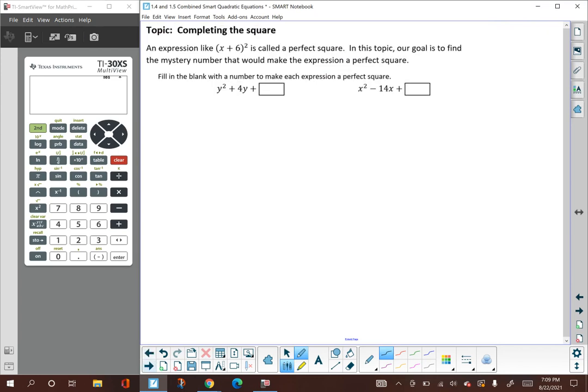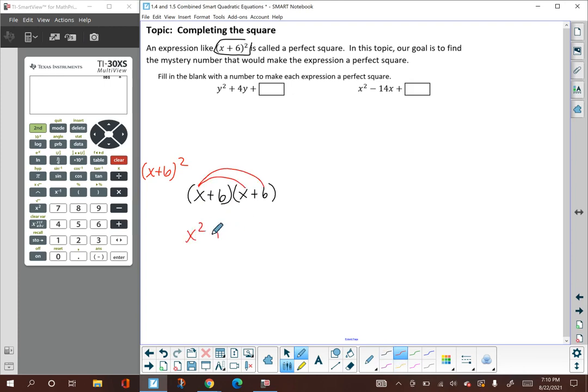Our next topic is something called completing the square, and it's more like a little number game than anything else. So a perfect square is something like x plus 6 squared. So I'm going to write that down for a minute. Squaring means timesing a factor by itself. So if I think about what x plus 6 squared means, it means x plus 6 times x plus 6, and if we distribute that and